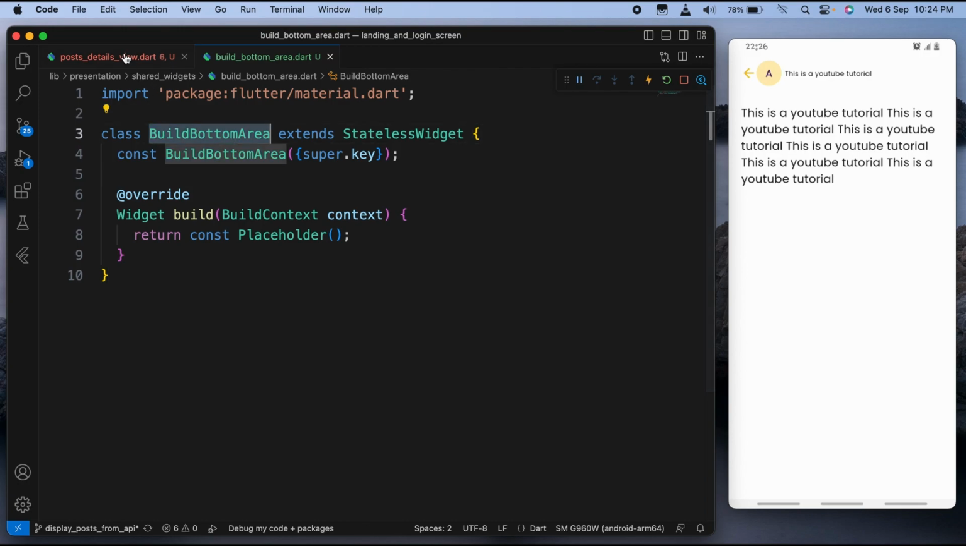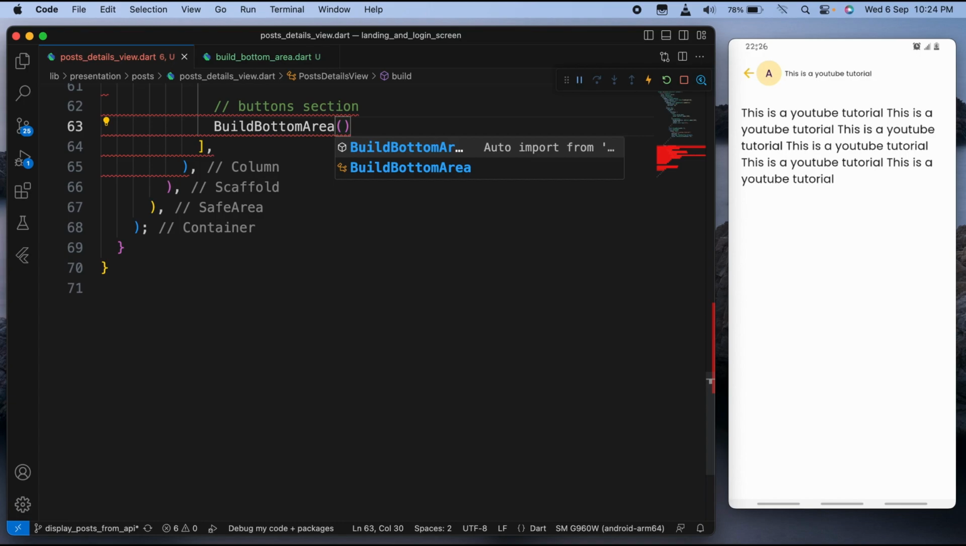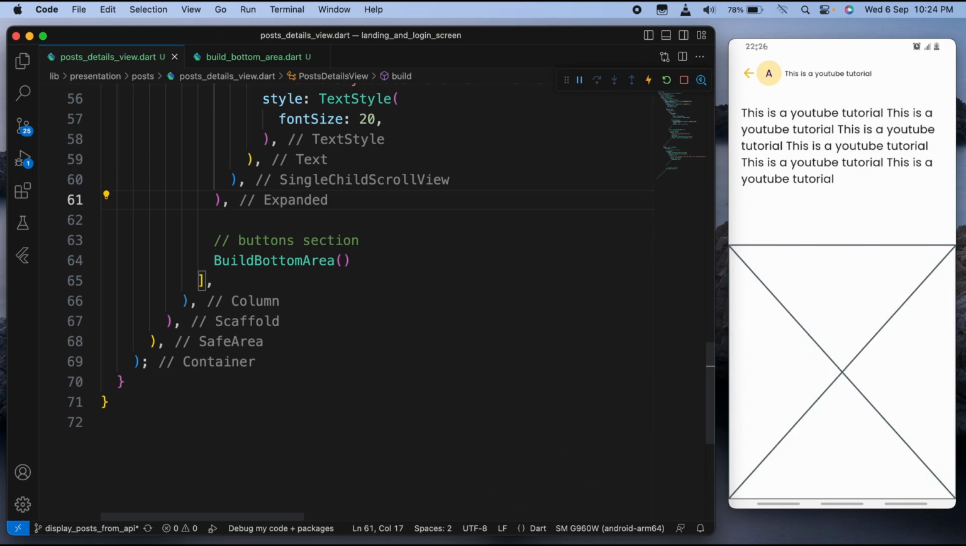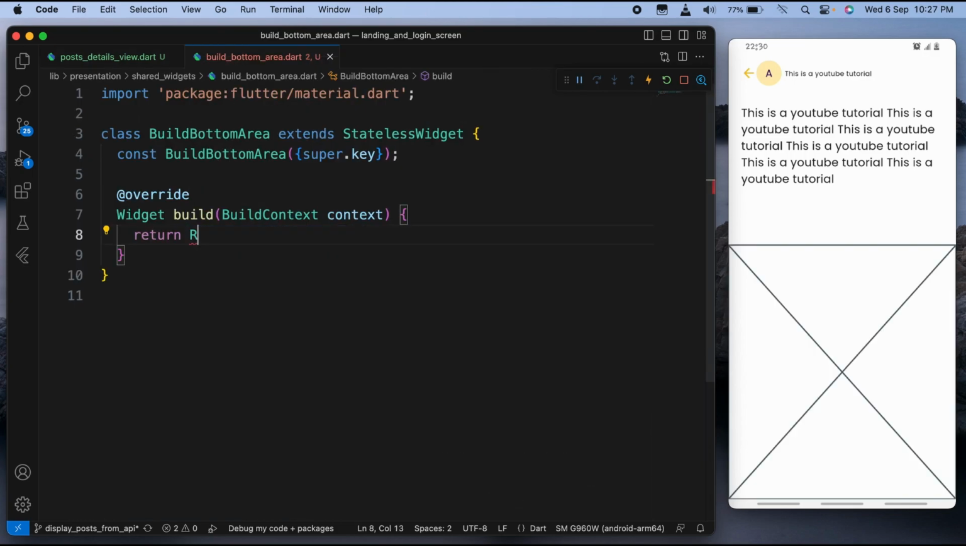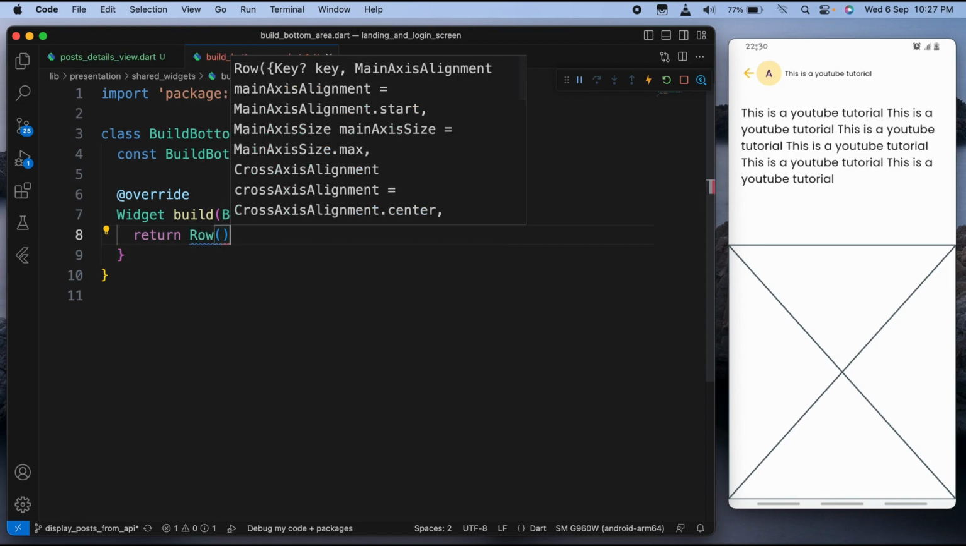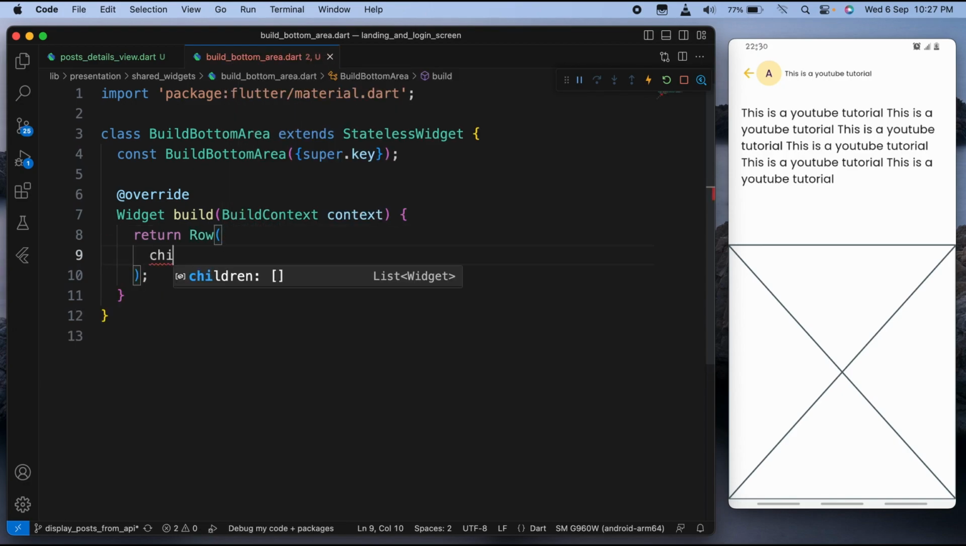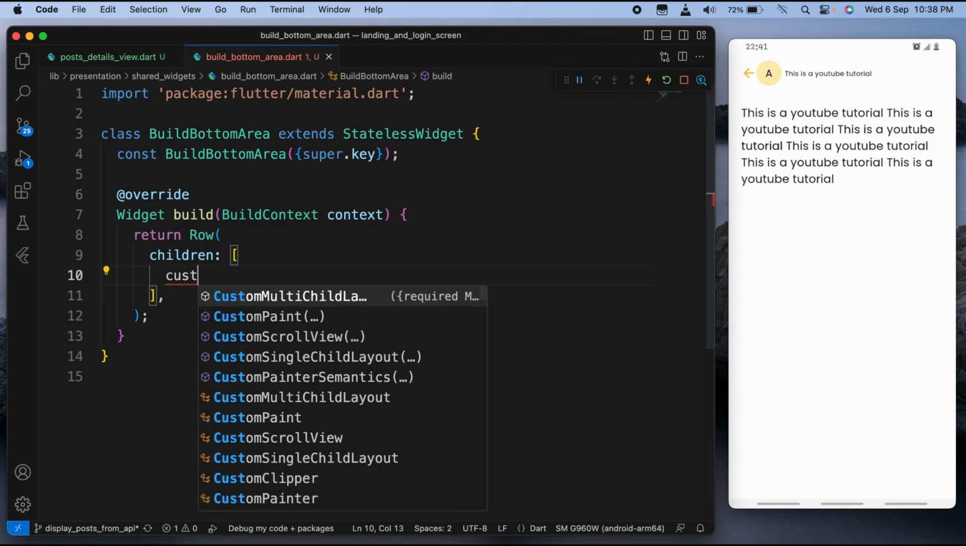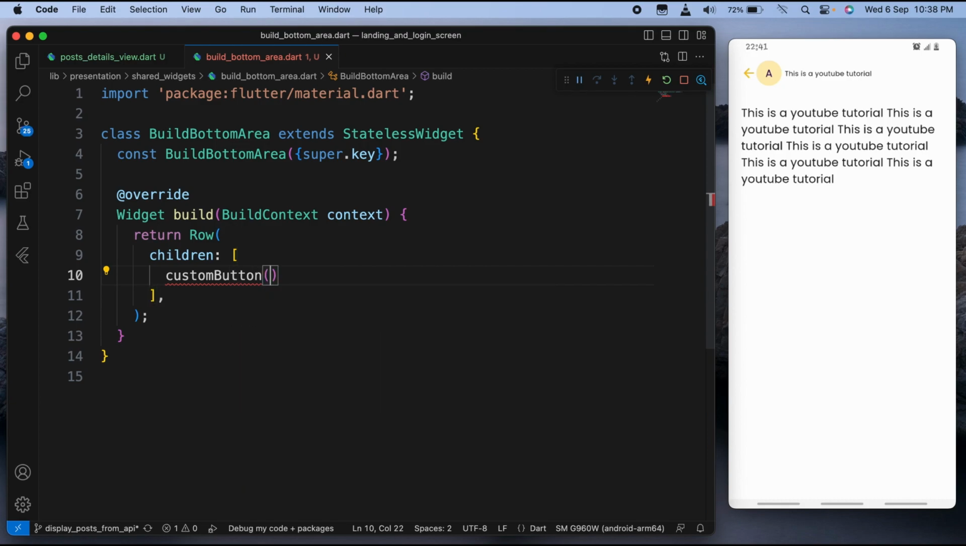Now we can just copy paste or just import these widgets, and that's it. Let's save. In our build function we're gonna return a row, just like that, and this one will have children. Now let's create the widgets that will be sitting here in this row. We're gonna call it custom button, just like this, and here we can create this widget,